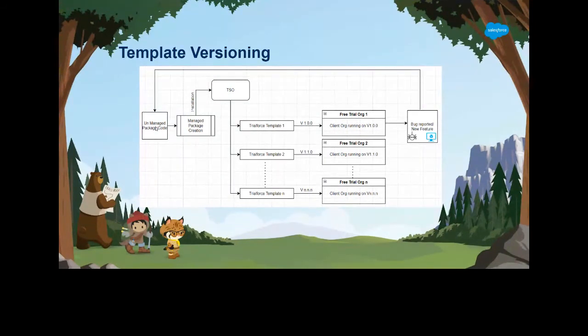Let's say you have an unmanaged package or code, probably using SFDX, working in the sandbox model. You create your code and your package. Once your managed package is created successfully, you install it into your TSO. Similarly, you create the TSO either from the TMO or from the environment hub. Once you're offering it in the TSO, you do the post-installation steps there.